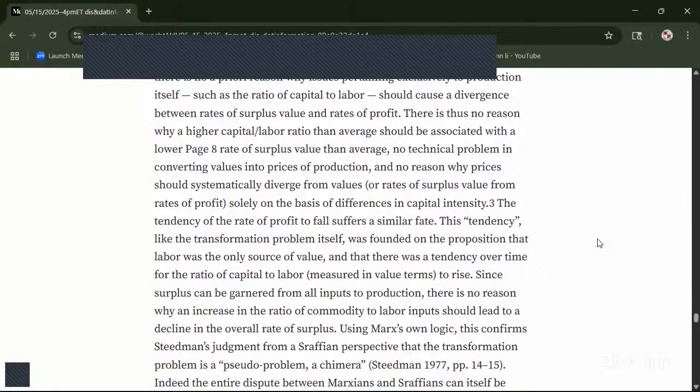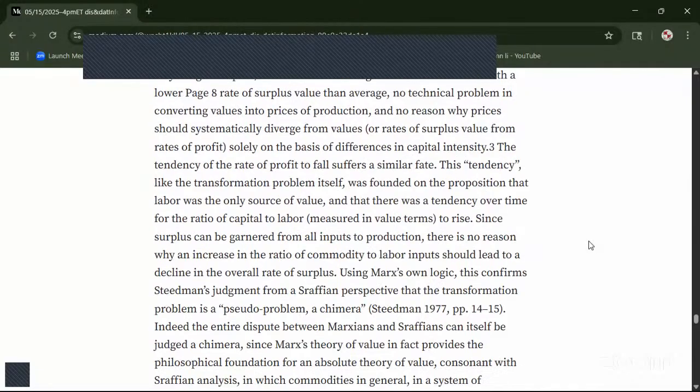So, this, using Marx's own logic, confirms Steedman's judgment from a Straussian perspective that the transformation problem is, yes, a pseudo problem, a chimera. But decades were spent on this damn thing. Indeed,